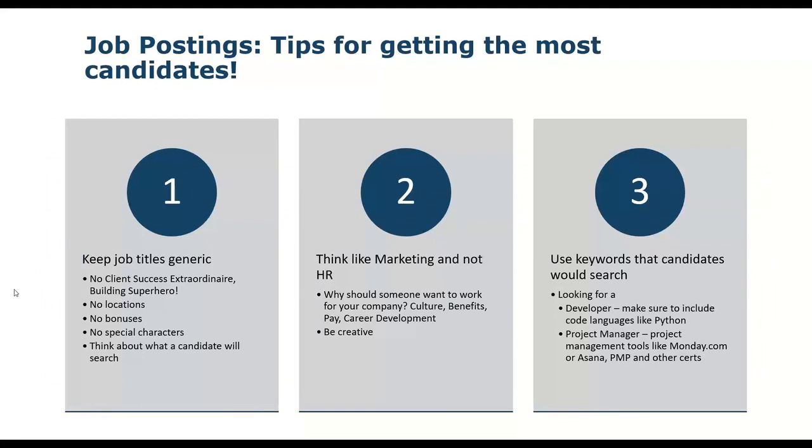So to get started, job posting tips for getting the most candidates. So think about, you're going to post your job. Maybe you're a new customer. It's one of the first jobs you're going to post within the ATS. There's a few things that I always recommend that our customers think about. One of them that